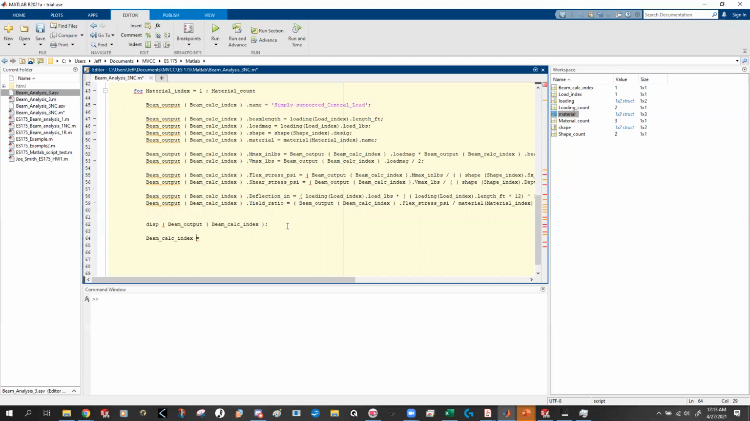Equals beam calc index plus 1. Now, what I'm really showing you here is the old school way of doing it. MATLAB will iterate anything in a for loop automatically. You don't have to tell it to. So what we're going to do now is end the loop. So we're going to end, and notice how the for just